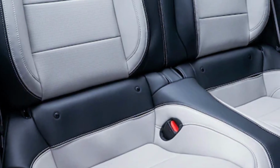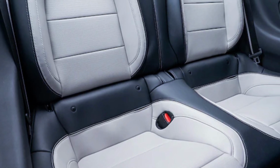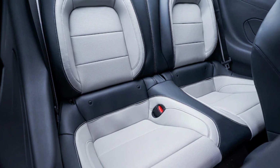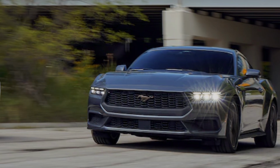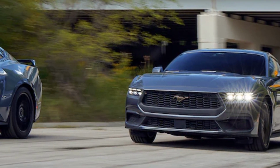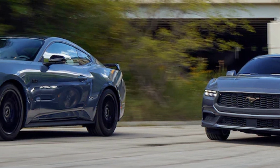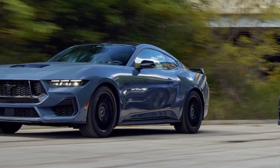Surprisingly, the rear seat provides ample room for sub-6-foot passengers, but getting back there can be tricky because there's no one-touch fold and slide mechanism on the seats. From our first impressions, this Mustang is reasonably comfortable for long drives in normal mode and amply firm for the track. When you put it in a more aggressive setting,